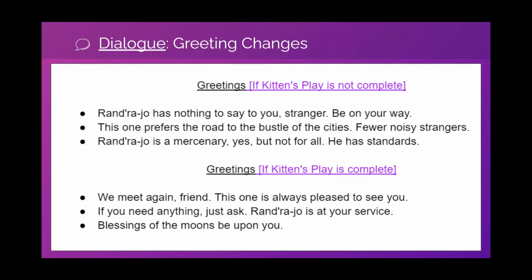Standard dialogue is way harder to change than greetings. You have to add all sorts of conditionals. If this is not complete, if this is complete, but the other thing is not complete, it can get very complicated within your standard dialogue document if tons of things are conditional. If you can just change greetings, that's an easy sort of on-off switch to do implementation-wise, and it's simpler to write. So know that greeting changes change the atmosphere of the world nicely, so that suddenly people in town are more antagonistic to you or friendlier to you based on your actions, but you don't actually need to write that much. Greeting changes are awesome.